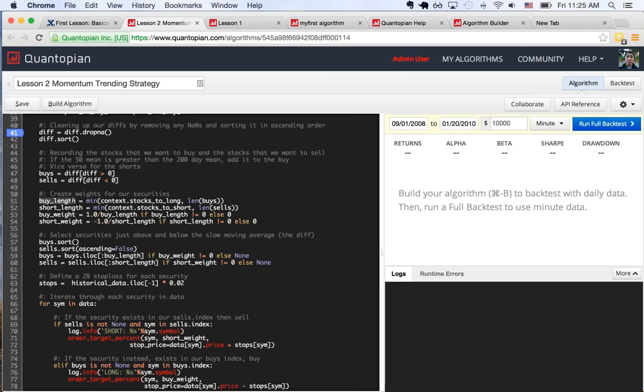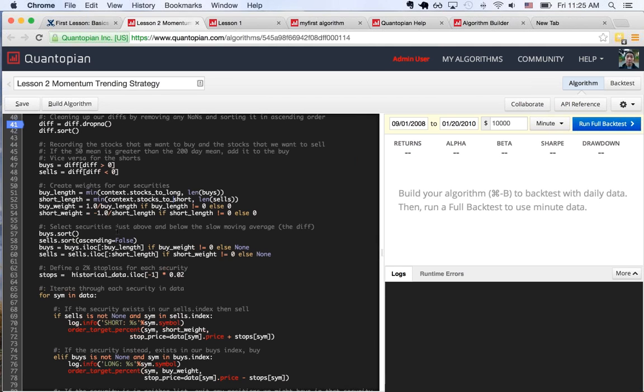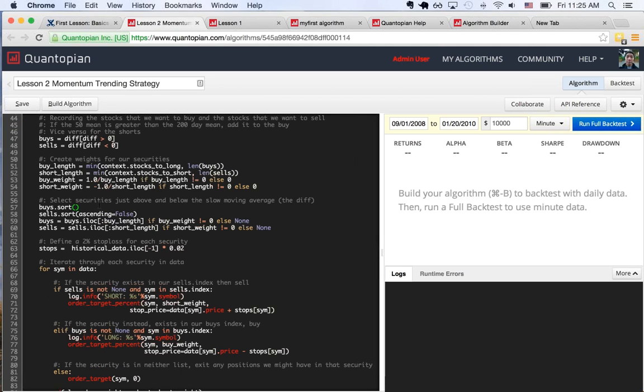Next, we're going to create the weights for each of our securities. So what I'm doing here is taking the number of stocks that we have in context.stocks and dividing 1 by that. So we get 20% in each security that we're going to long and 20% in each security that we're going to short. I'm doing this minimum thing to account for when we don't have enough stocks that we want to buy, then we're going to distribute the weight equally. Finally, we're going to look at our buys and sells,